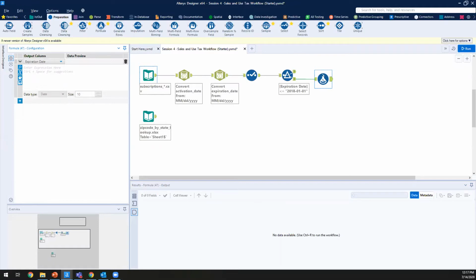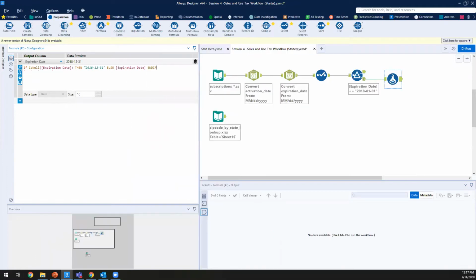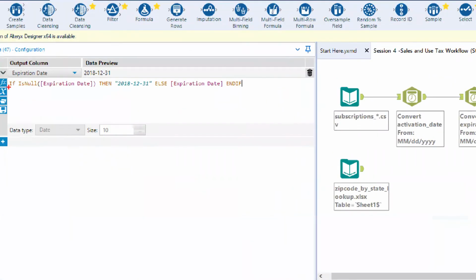And the formula that we're going to use here is, I'm going to cheat a bit, I'm going to copy and paste it, but don't worry, we'll absolutely take a look at what this is. So what we're doing here is recalling an if statement. We've seen this before in previous sessions, but just one more time. If our expiration date field is null, so we're checking whether or not our expiration date field is null, which currently is the case,